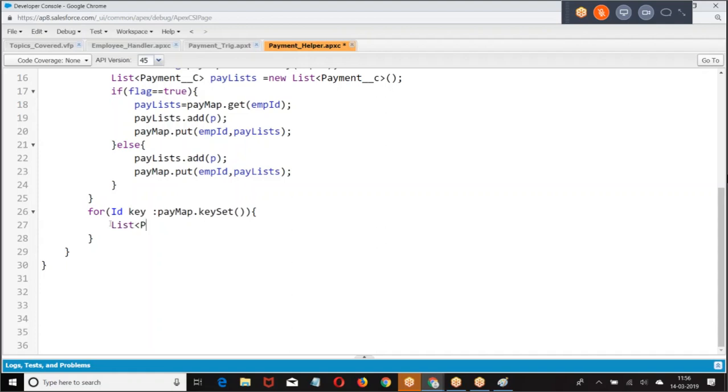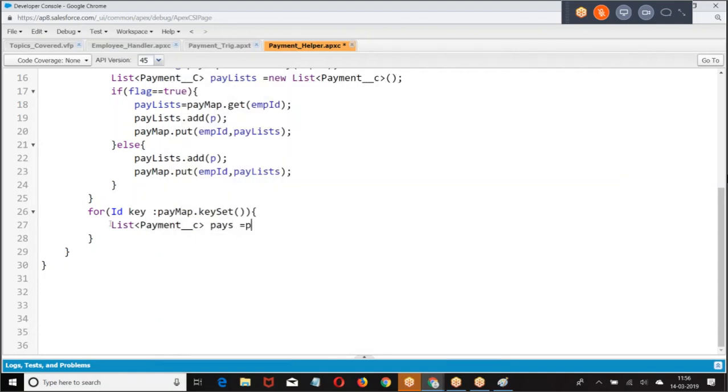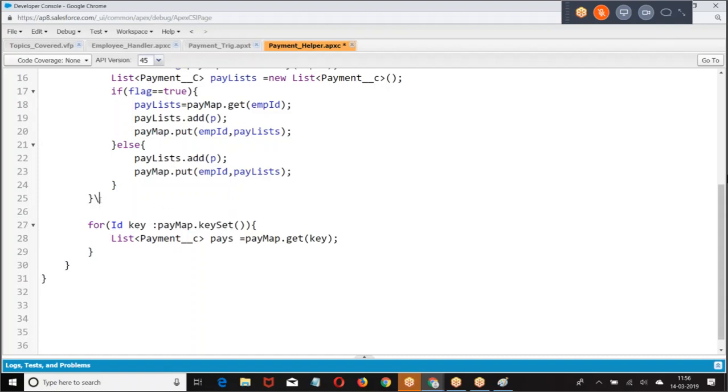List of payment is equal to pay map dot get of. Now, if I give employee ID, what are you going to get? If employee ID is given, we get corresponding payments.